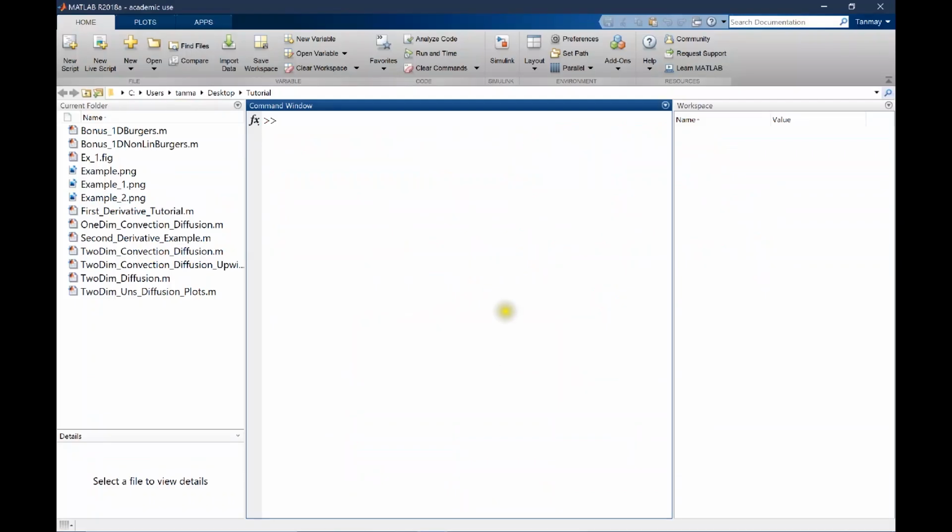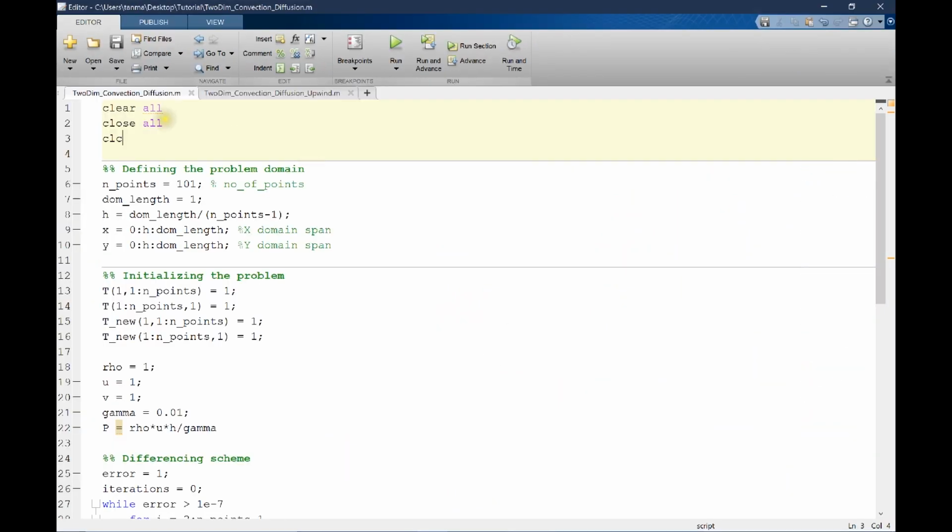Let me show you the code for the central differencing part. The first 3 lines are always the same. We start by clearing all the variables, closing all the windows and cleaning the command window. After that, we want to define the problem domain. We said that there are a total of 101 points, just as a symbolic representation.